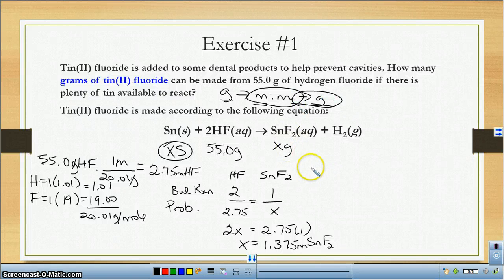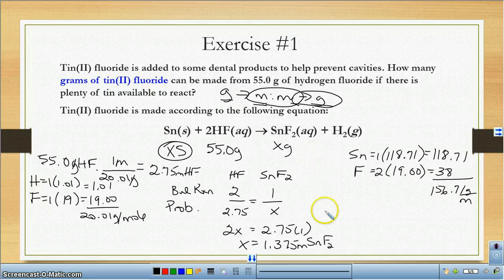So I'm going to take the tin(II) fluoride and I'm going to change that to grams. Our next step is to go through and find the molar mass of the tin(II) fluoride, which I've done here, taking 1 times the mass of tin, 2 times the mass of fluorine to get 156.71 grams per mole. So I'm going to take the number of moles and change it back to grams as the problem requested. So I'm going to put 156.71 grams on the top, 1 mole on the bottom so that they cancel. So I'm going to take 156.71 times 1.375, and my answer is